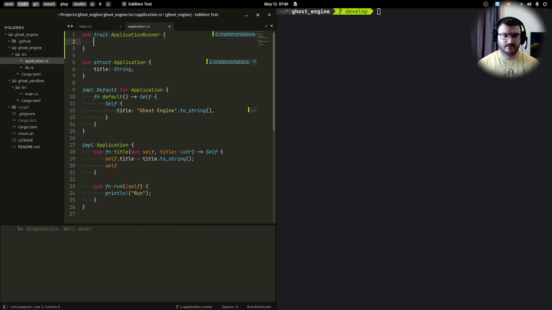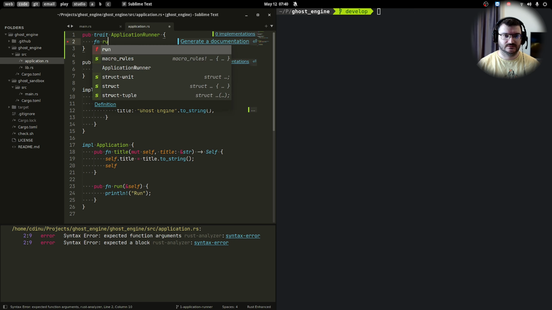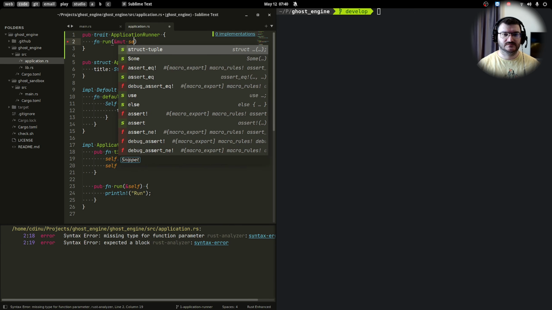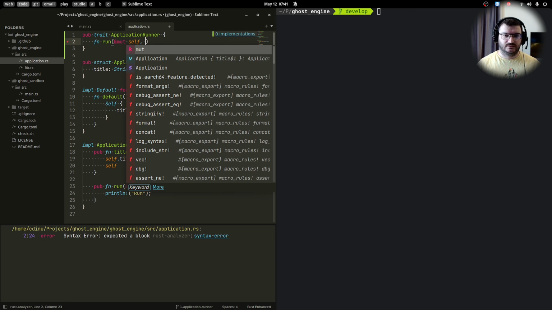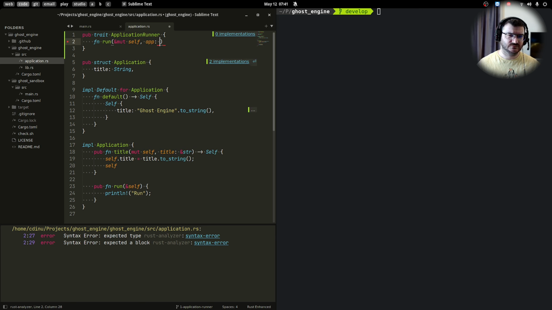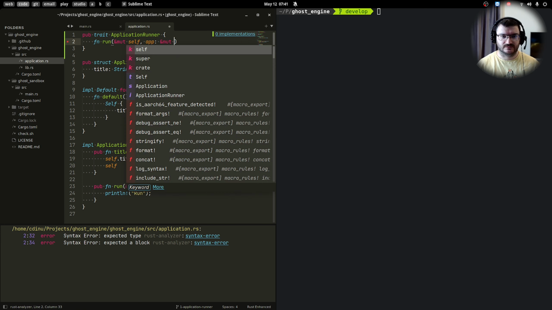and we require two things from the implementers of this trait. First, we require them to define a run function that takes a mutable reference to self, and when we execute the run, now I'm not sure if we should take a mutable reference to the application or we should take ownership of the application. I will start by going with a mutable reference,